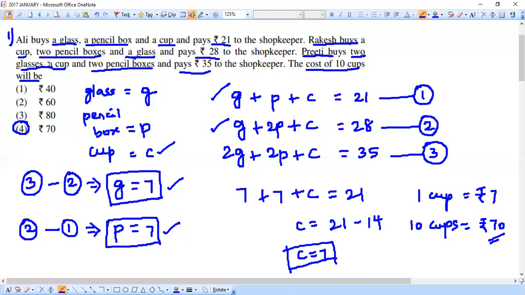A very easy problem. It involves more variables, like 3 variables and 3 equations here. Though it has 3 equations and 3 variables, it is up to us in what plan we solve the problem, what easy approaches we have to solve it. And once again, we have a few other approaches also, but it is up to us what approach, what order we solve the equations in and get the answer. It is totally our plan in what way we are going to solve it. However, we got the answer. The answer is going to be option 4, which is 70 rupees.